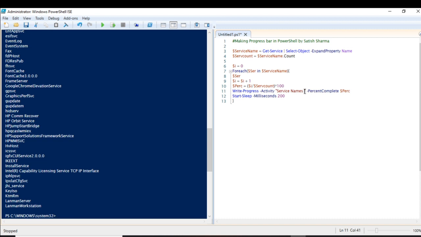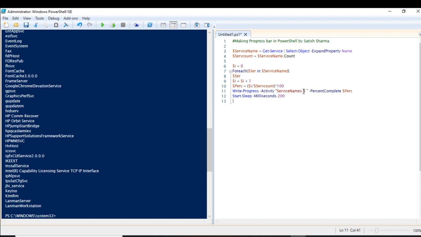Here we can also display the name of the process which is currently in this variable, $ser. How can we do that?